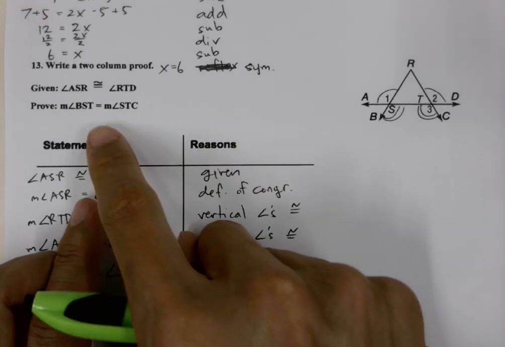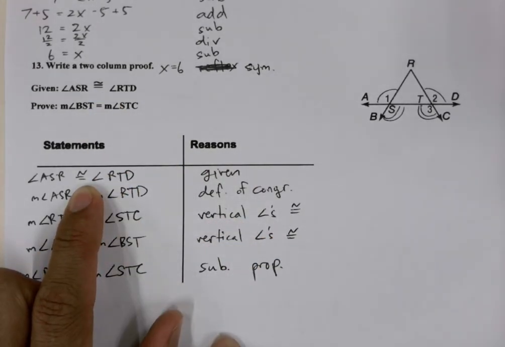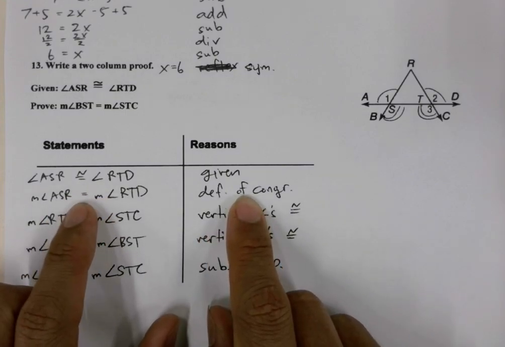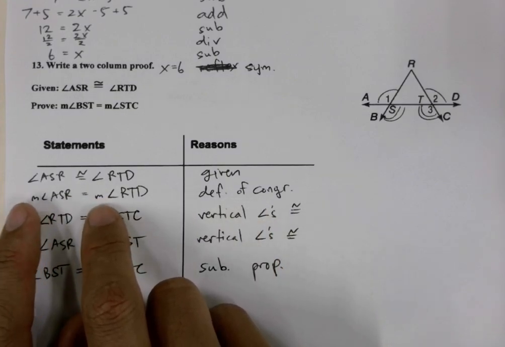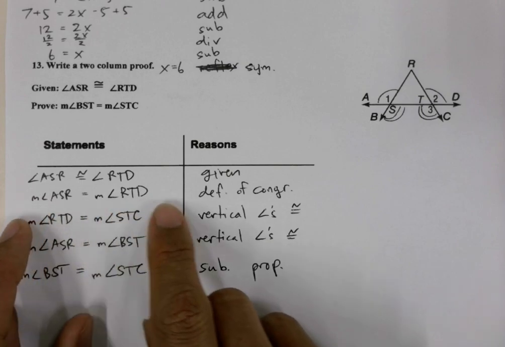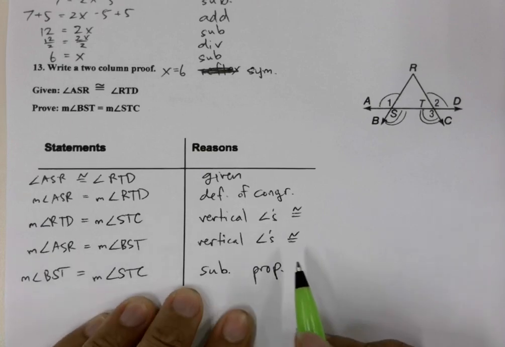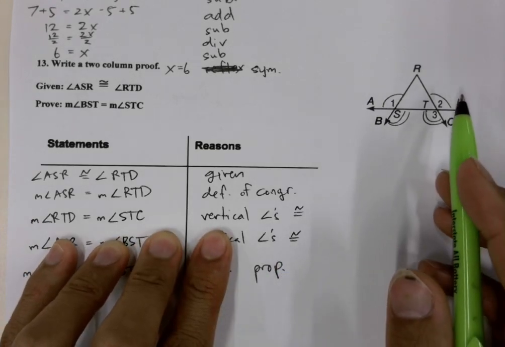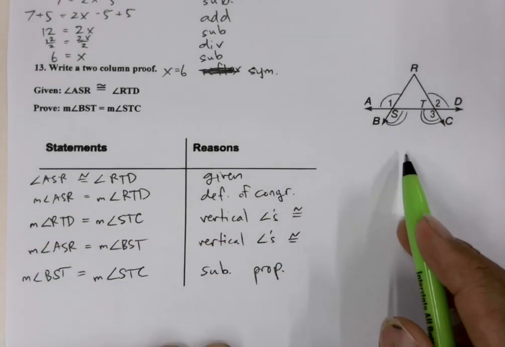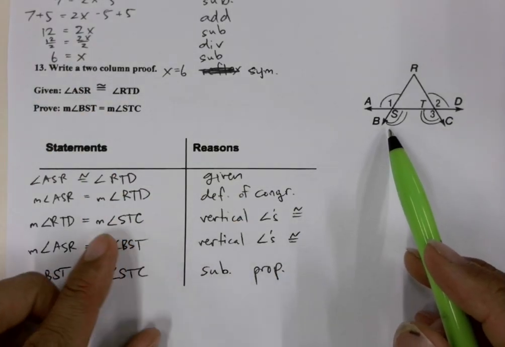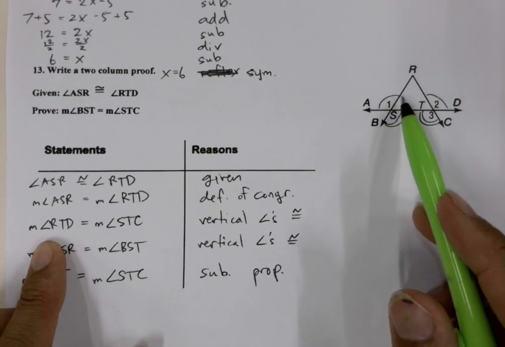And notice here, we start with our given, which is a congruency statement. And our first step is to change it to an equal sign involving the measure of the angles. And then we use our algebraic properties to get to our final step. And one new reason that we're going to need for exercise number 13 is to be able to say a measure of angle